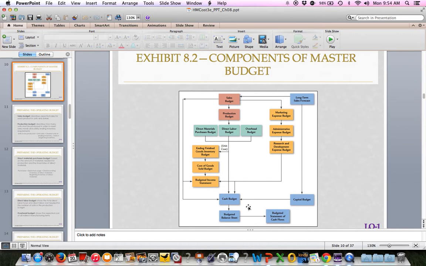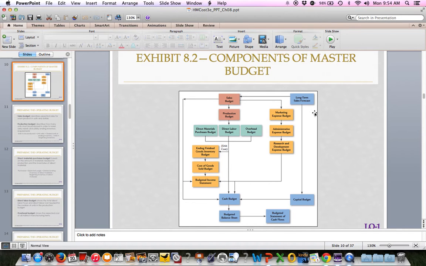Okay. Then down here I've got a cash budget, right? All these things that were just looked at are going to require cash, right? I've got sales with cash coming in, but I have to buy raw materials. I have to pay for overhead. I have to pay for direct labor. I have to pay for all of my administrative expenses, right? Cash in and cash out. What's my cash budget look like? That would then help me get to a budgeted balance sheet and a budgeted statement of